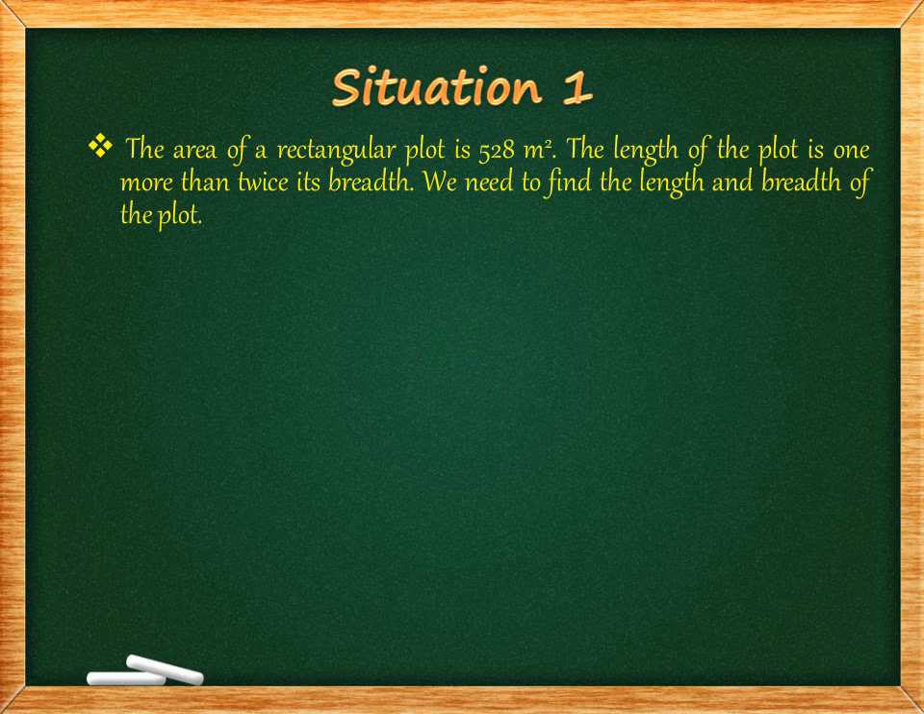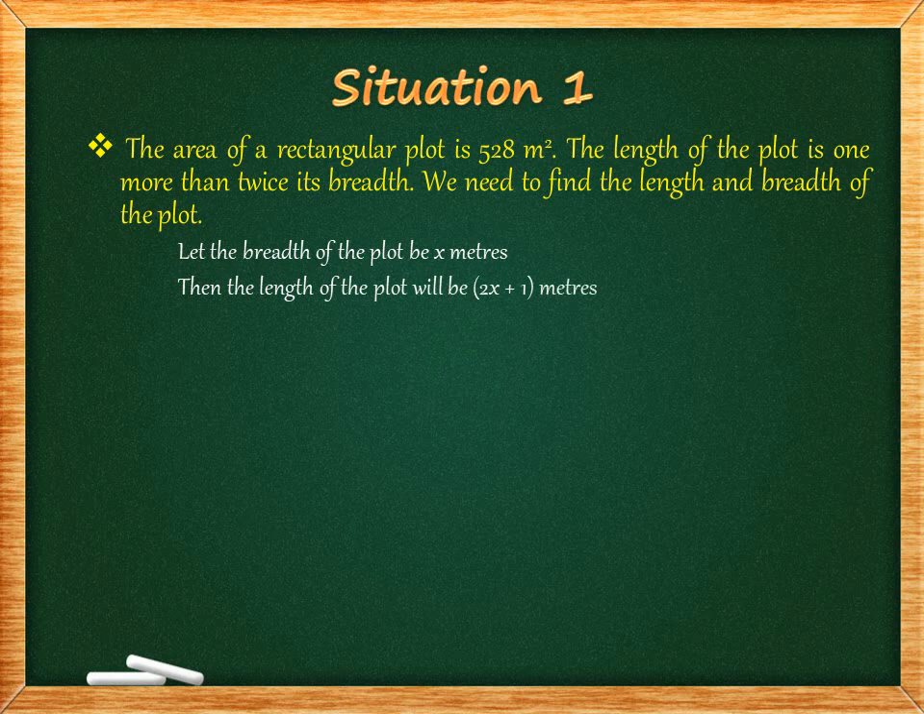So in this situation, area is known to us. Shape of the plot is rectangular. We have to find out length and breadth. The condition is length is 1 more than twice its breadth. So we can write the length in terms of its breadth. So let us assume the breadth as x meters. Then the length of the plot will be 2x plus 1 meters, as the length is 1 more than twice